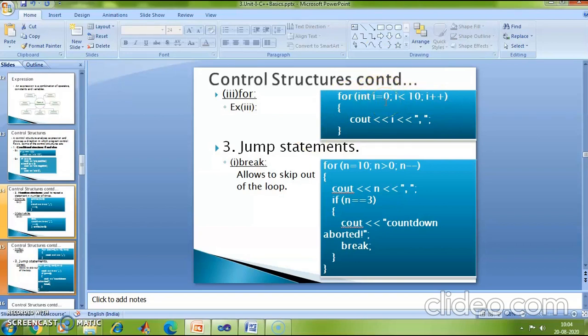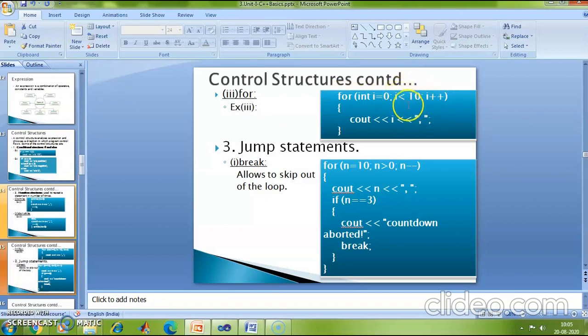In the while and do while loop, I had initialized the variable before entering the while loop, right? So here initialization is done in the for statement, followed by a semicolon, followed by the conditional check.